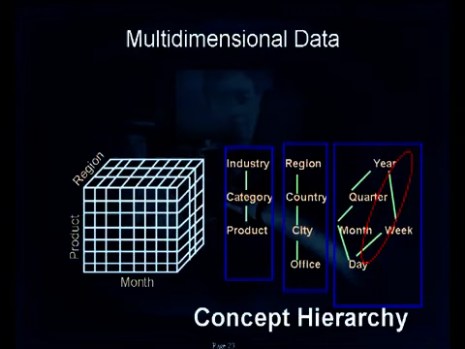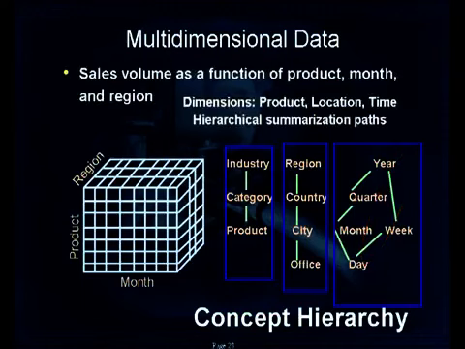Day-wise data can also be represented as a collection of days as a week and a collection of weeks as a year. Similarly, office, city, country, region is another hierarchy for the region dimension, which is nothing but the location dimension here. Product, category, industry is another kind of hierarchy for the product dimension. So the purpose of using hierarchy in OLAP is to provide a better navigation facility for the decision maker. He can navigate with respect to the hierarchical points, which are considered as footprints here.